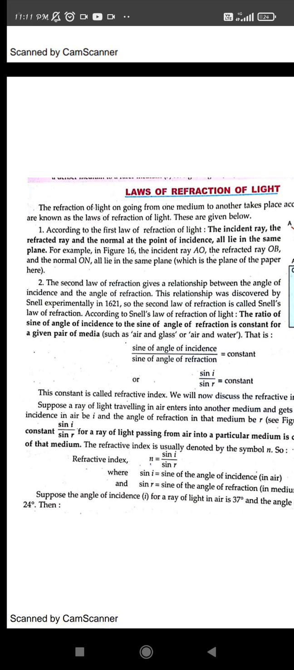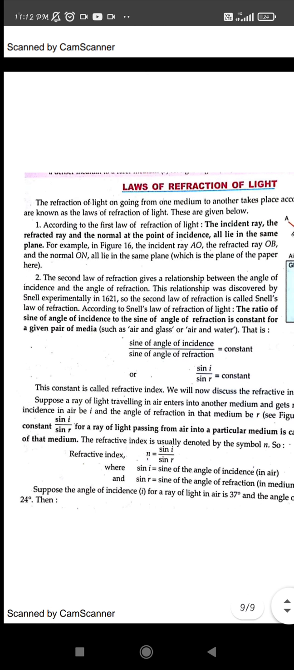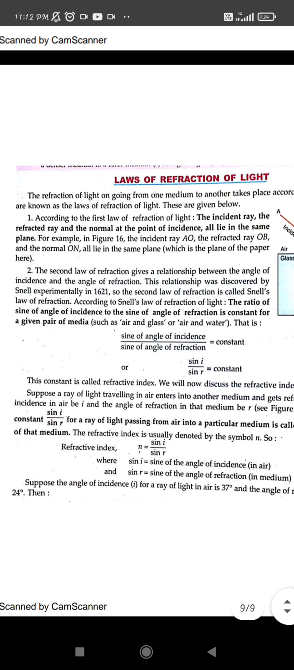And what the second law tells us is that the ratio of the sine of the angle of incidence, you know about the sine, to the sine of the angle of refraction is constant. It should always be a constant. This is the second law of refraction, and this law is said to be Snell's law, because it was given by Snell experimentally. So this law is sine i upon sine r equals constant. Okay,